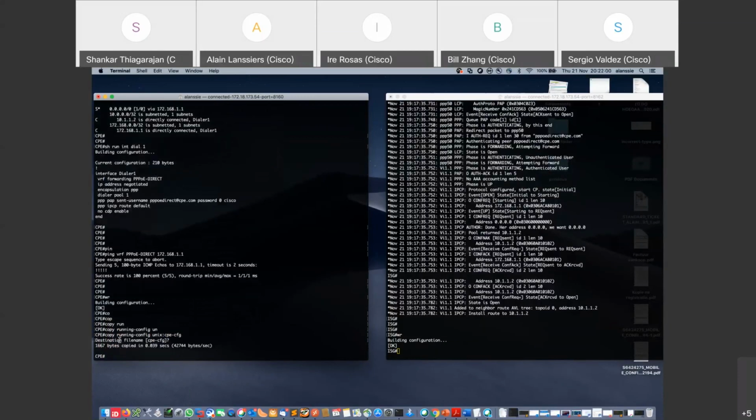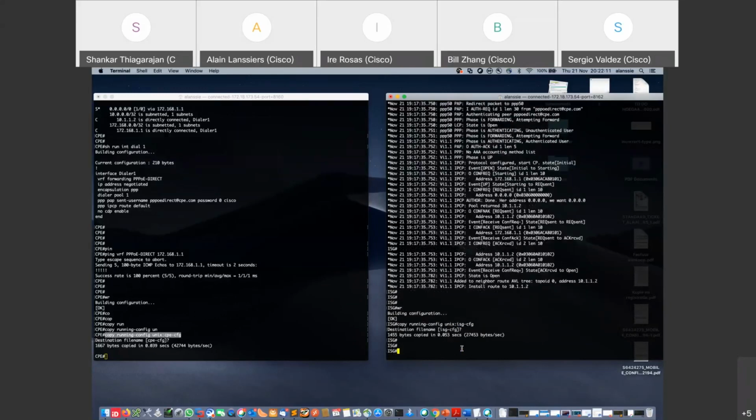So here I'm copying, so if somebody's interested in getting back the config, I will update this config all the time. So if you go to your user in that machine, you can actually look at this. So far, I haven't done anything specific, so if you want to plug it into your lab, it would work. You can select that file and copy it back. So next time VPDN, and then after we'll start with the ISG,